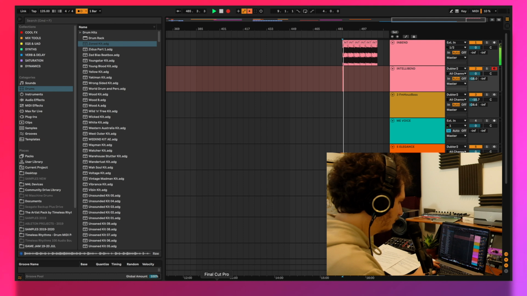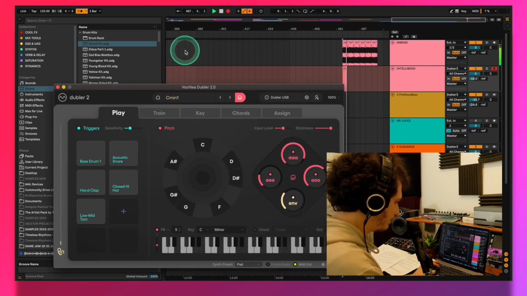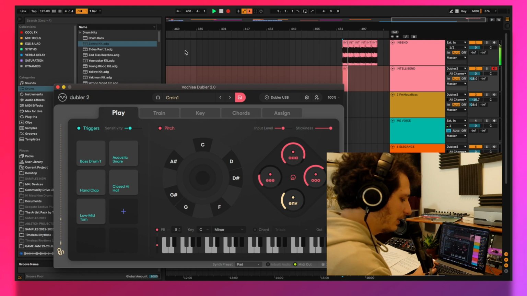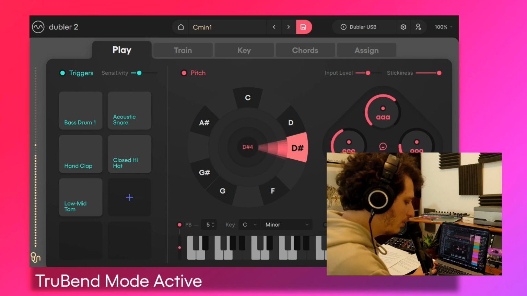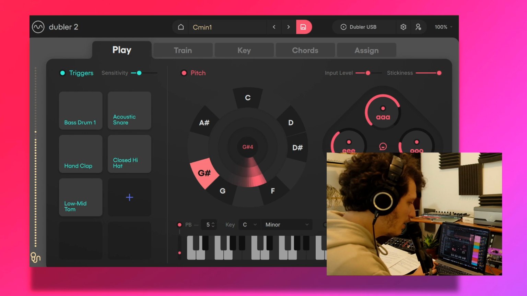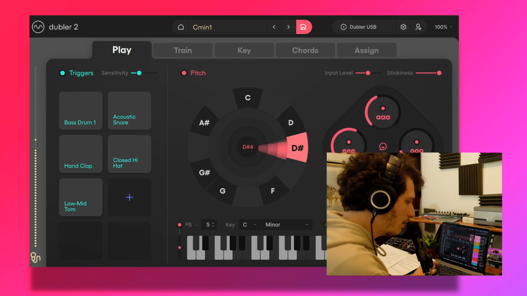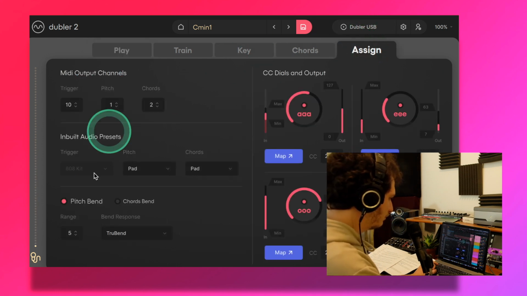Here's an example of a melody sung with True Bend and then IntelliBend. You can immediately tell that singing with True Bend requires practice.